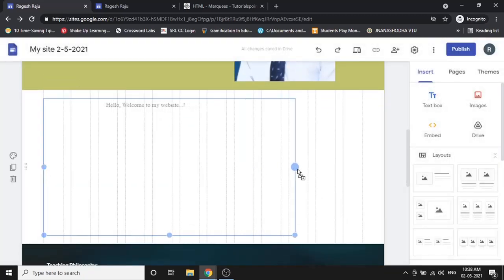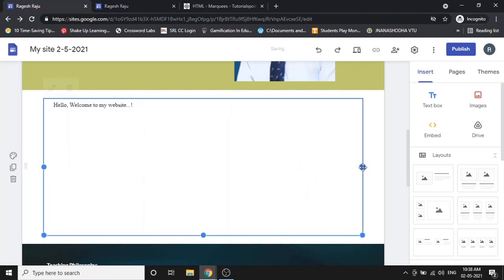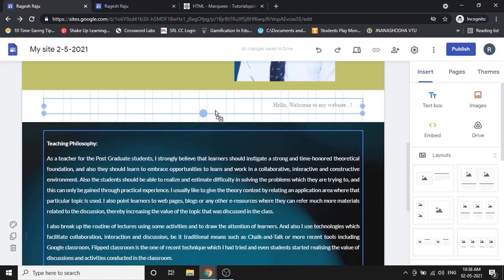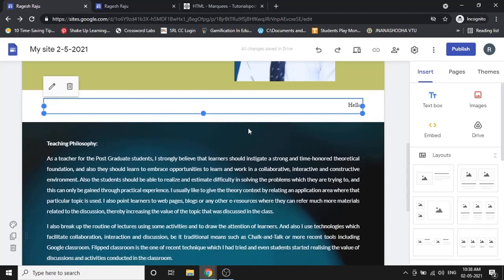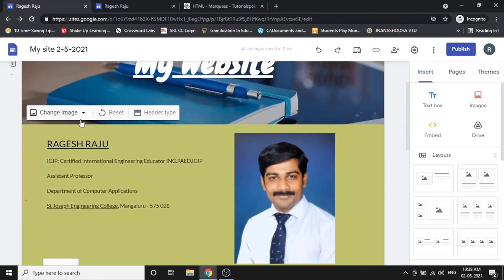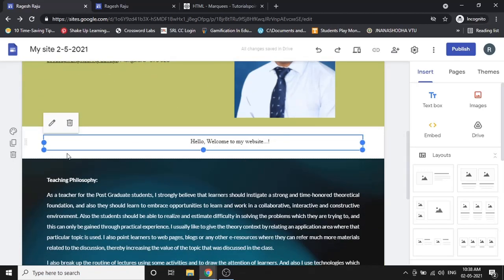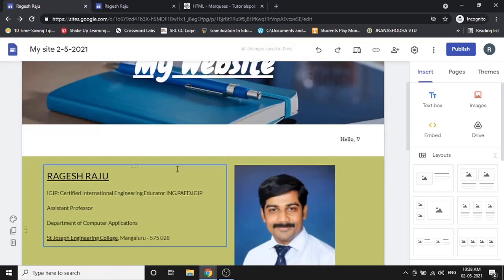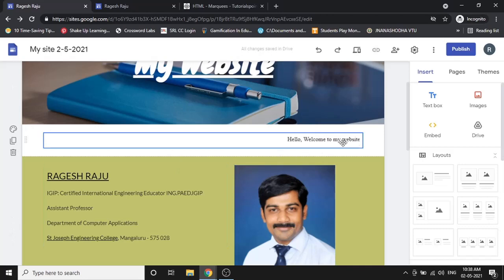What you have to do is just adjust this. I make it full, and I reduce the size of this. Just drag and reduce this. Now I want this to be displayed on the top here, just below my name and whatever is given there. On the left side, when you bring the cursor to these ten dots, your cursor changes to a cross. I click on that, drag, and put it here. So this has come here.